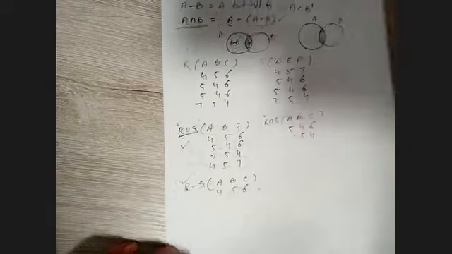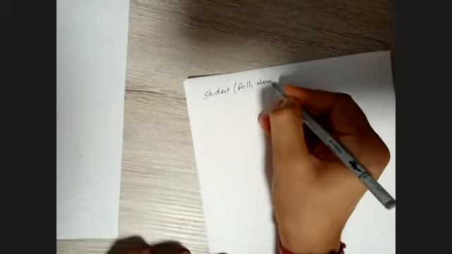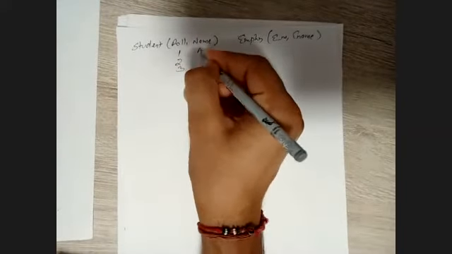Okay, let's understand with the help of a real life example. Let's have two tables. For example, one is student, with roll number and name, and one is employee, with employee number and employee name. Let's take some values 1, 2, 3 and A, B, C, and let's take 1A here and some different values like 5D.